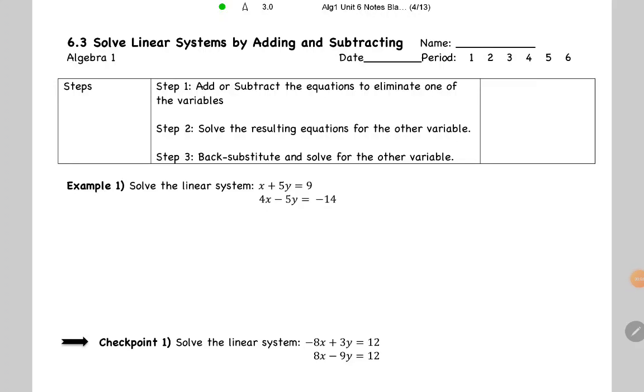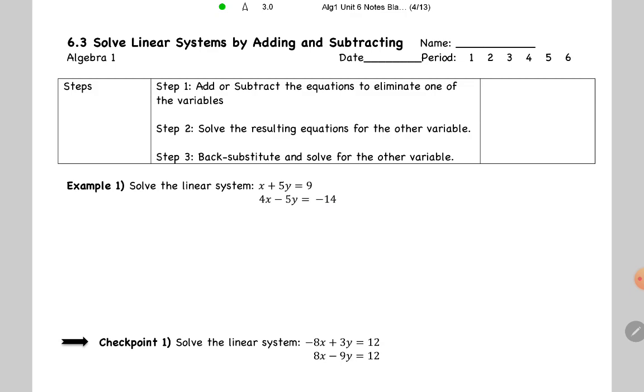Today, in Algebra 1, we're going to be solving linear systems by adding and subtracting. So, once again, we have a linear system. We have two equations here. There could be more, but when we first teach you this, we just use two equations with two variables. But anyways,